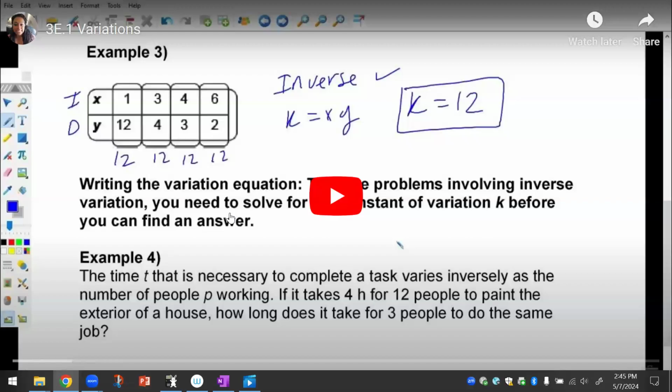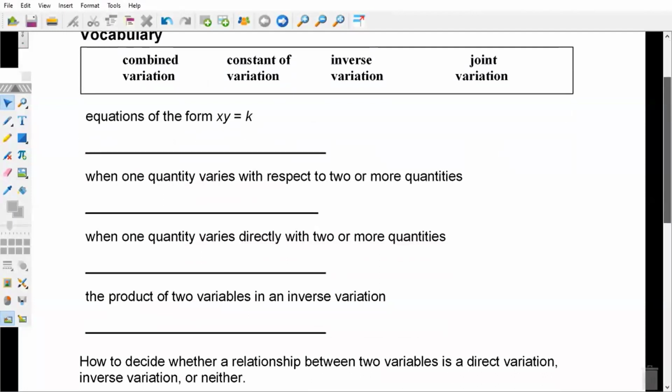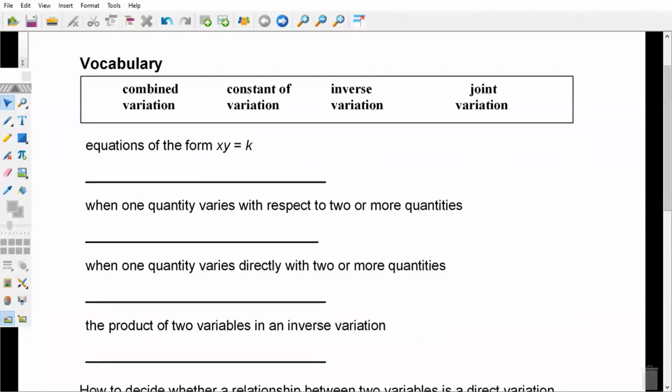We go, guys. So we are on 3E.1 variations. We're gonna first start off by defining our vocabulary. So ignore that it says 3.5a. Ignore that. That was what it was called last year. I renumbered this year. But first up, we have 4 vocabulary words: combined variation, constant variation, inverse variation, and joint